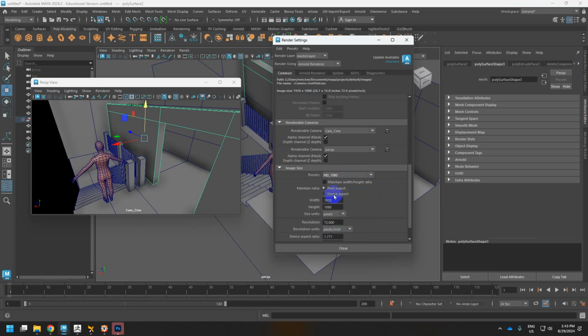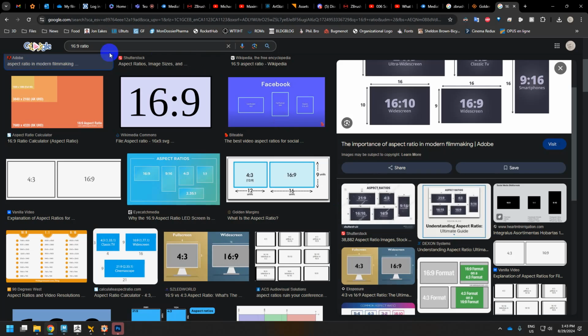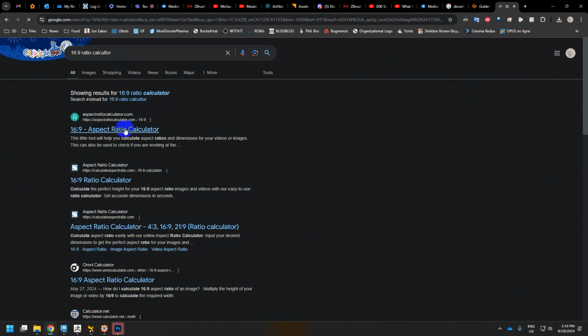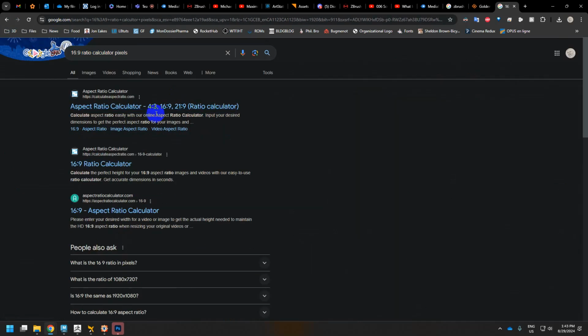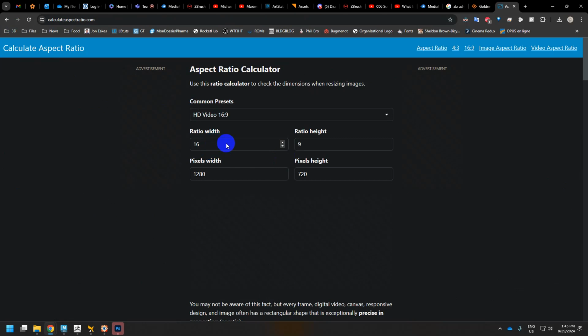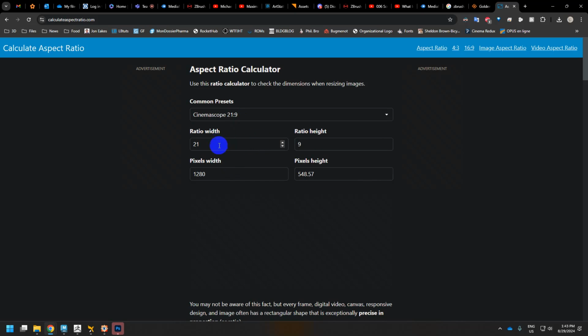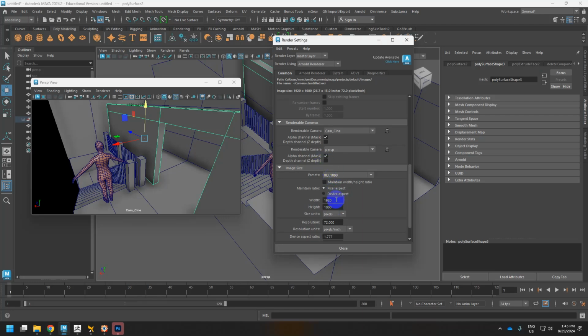Yeah, I'll just go back to the HD standard for a second. There's a ratio calculator too. Do I want the, yeah, let's see, ratio pixels. Go by pixels too, calculator. So if like I said, I know my maximum width is usually the one I have to hit. So if I go to CinemaScope, which is that 21 by 9, if you set this to 1920, it's 882 or 883, let's say. So if I go 1920 by 883, and then say maintain ratio,